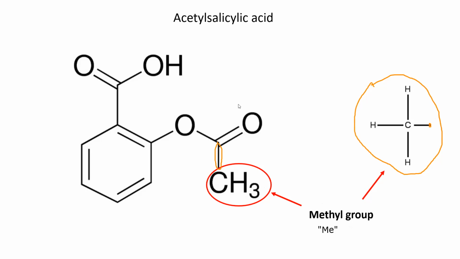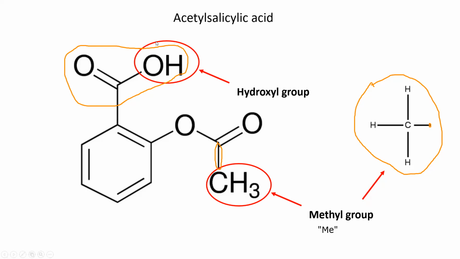Next, we have the carboxylic acid group here, the COOH. And this OH group in particular is called the hydroxyl group of your carboxylic acid. And the hydroxyl group, again, can be drawn as OH, or we can also draw it as an O single bonded to an H. And again, this bond here,